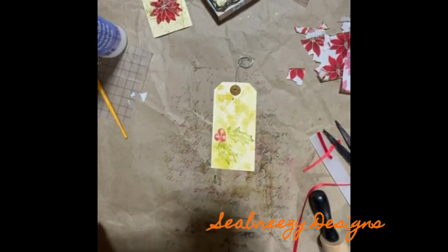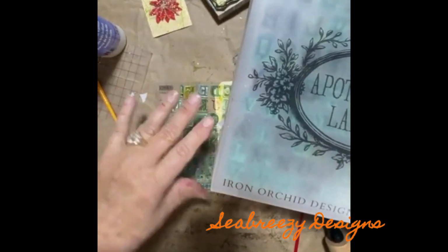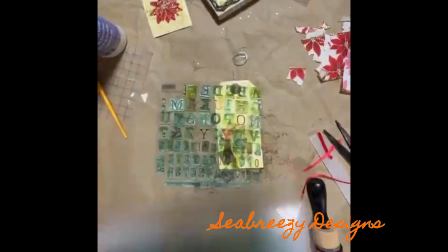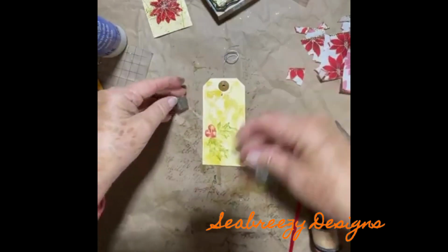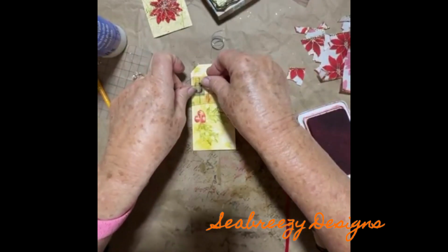So now to zhuzh this up just a little bit more, I'm going to put a word on it, and I like to use the Apothecary Labels. This is a great stamp set from Iron Orchid Design. You get smaller letters, and they come in two different styles, and each sheet has two different sizes, larger and smaller. This one that I'm using has thinner lines on the letters, and so I'm just going to stamp out